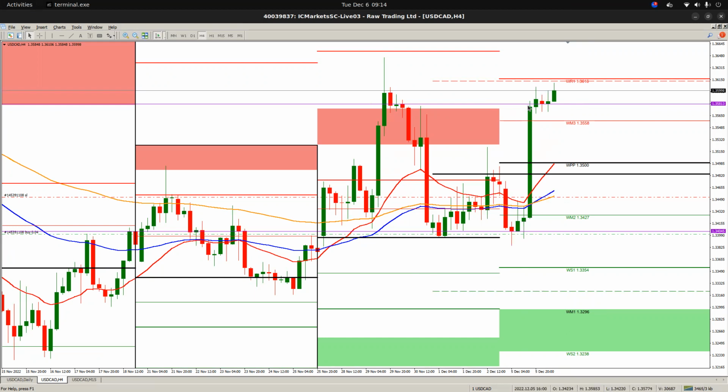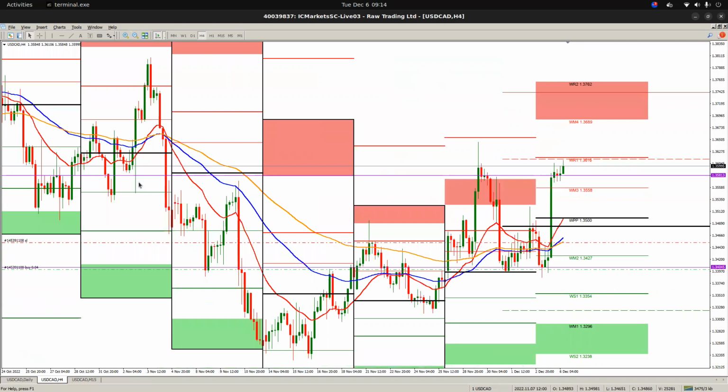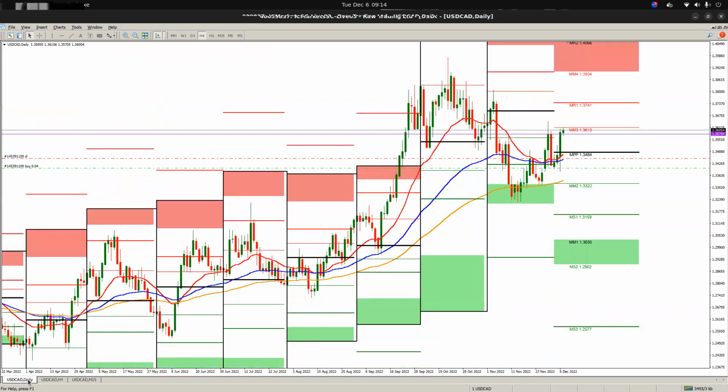You can see now price has come up and closed at this support. If you zoom out, you can see there's this support over here. This is still bullish, right? In order for this to become bearish, price has to break support, and support has to become resistance. However, I'm aware of the fact we are in a range.